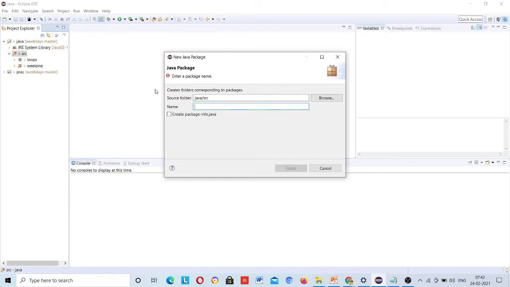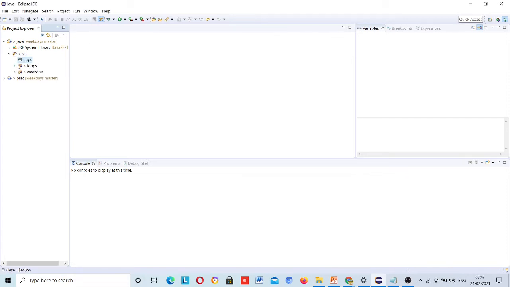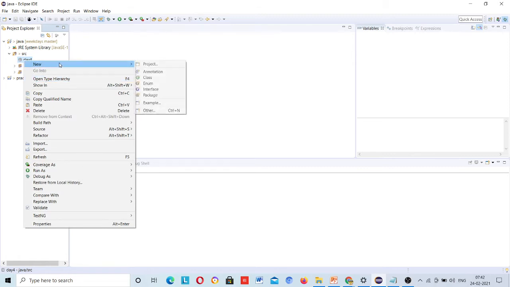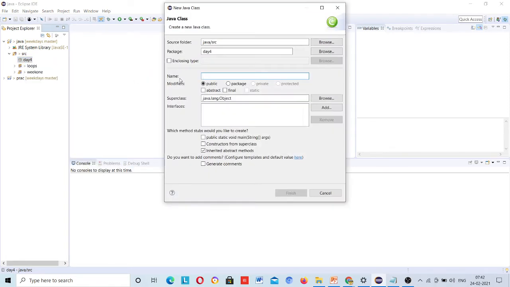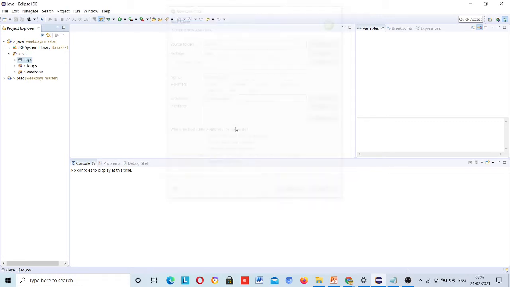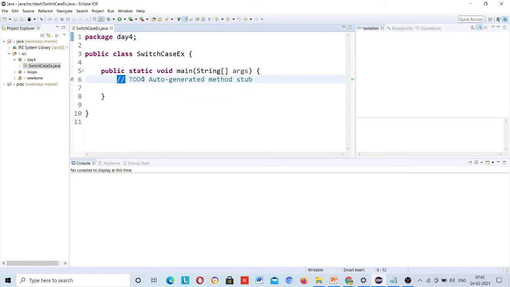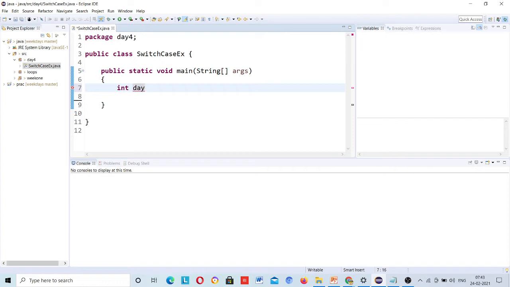Okay, this is today's day 4, right? New class, and then I will use a switch case example. I will declare integer day is equal to 2.